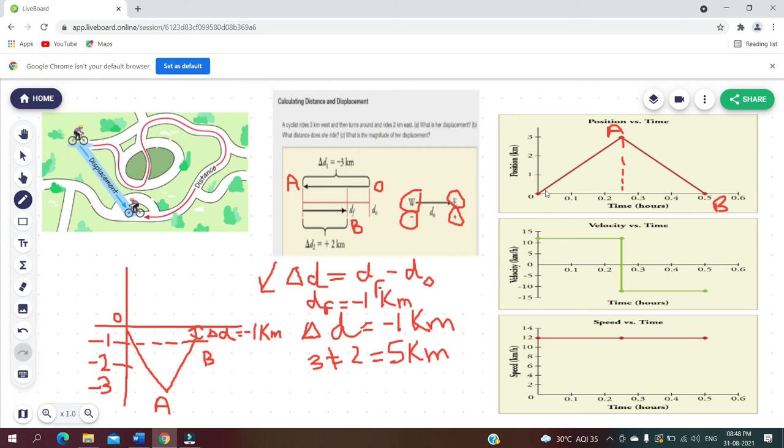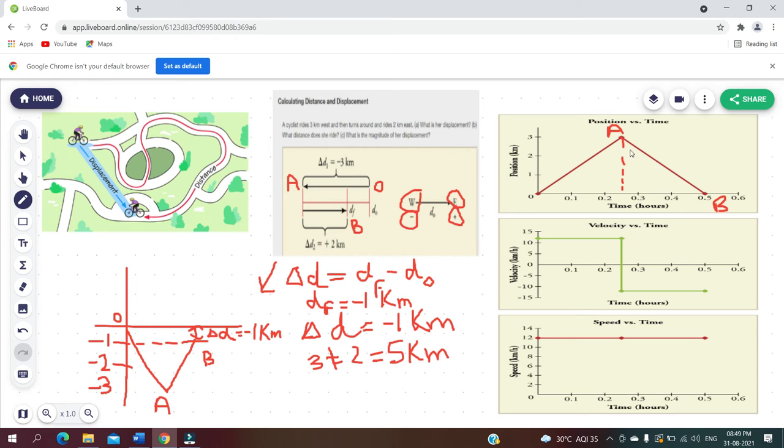It means in this case, from O to A, the object has traveled a distance of 3 kilometers. If the object is moving in a single straight line, which means it will not change its direction of motion at any point in the entire course of motion, the magnitude of displacement will be equal to the magnitude of distance. So from O to A, if it has traveled 3 kilometers without changing its direction, its displacement will also be equal to 3 kilometers. So at point A, it will reverse its direction.